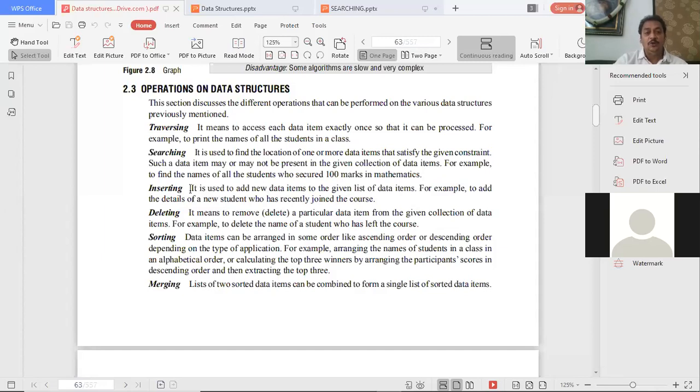Suppose no elements are present in the data structure, whether it is a stack, a queue, a linked list or a tree, and you try to insert an element. First we check the condition whether the stack is full or not. What I told you in the previous classes is that while inserting an element into the data structure, you must check whether the queue is full or not. Can you add a new element when the queue or stack is full?